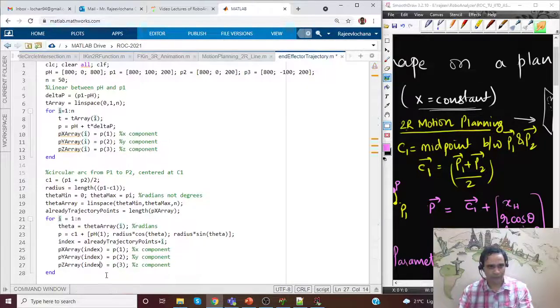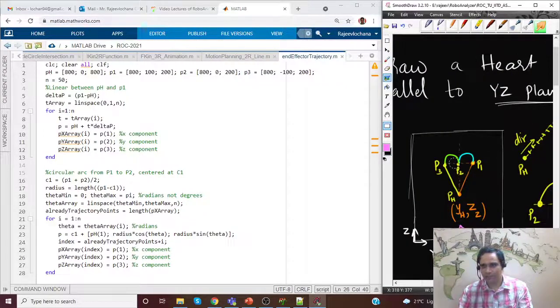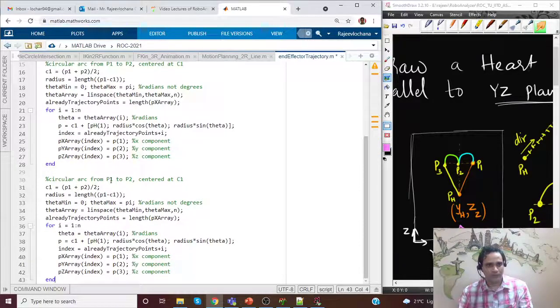Okay, so we have done the next circular arc. Apparently there is no error here, just a warning. That's fine. So similarly we have reached P2, and from P2 we have to again come to P3. So let me just repeat this step. We now want to go from P2 to P3,